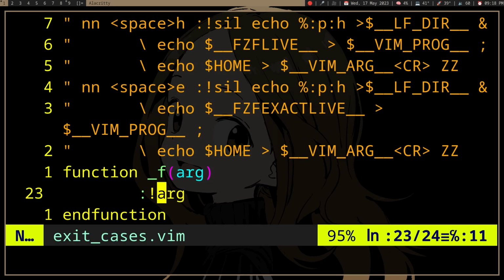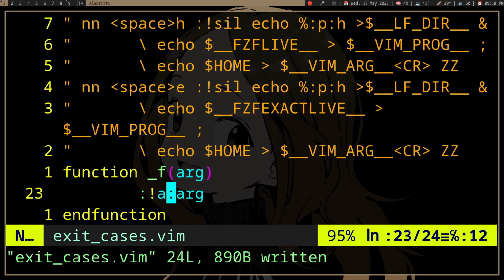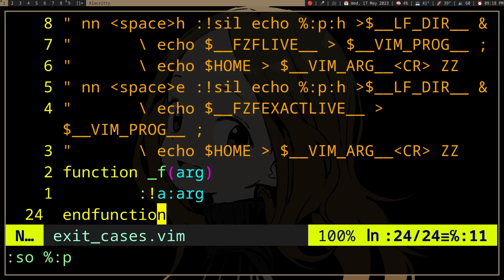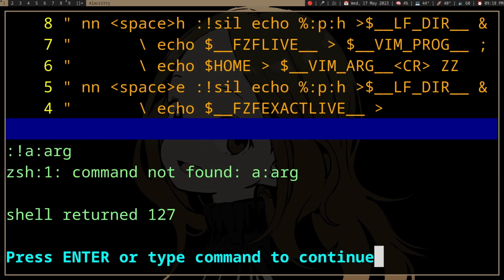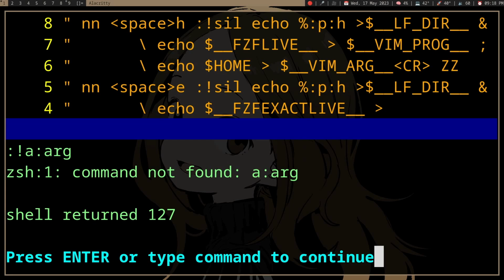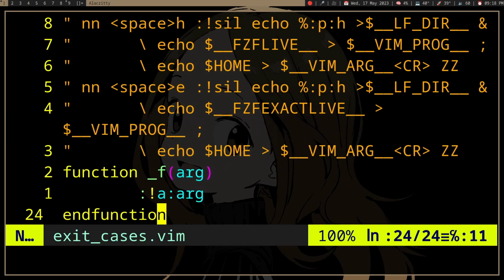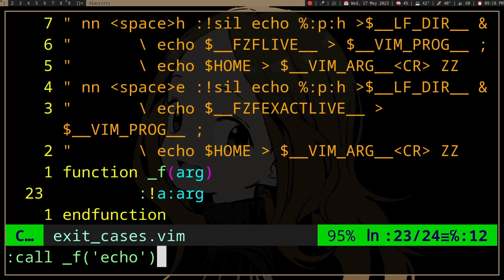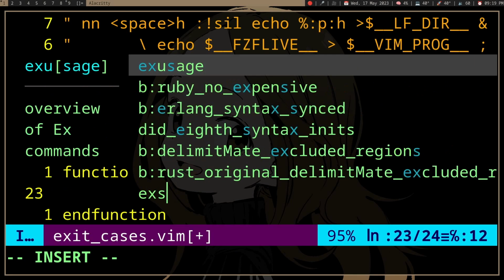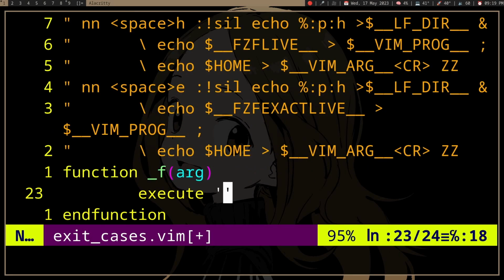Even if you do this, which A stands for arg, I know there are different types of variables, and apparently that's how you refer to it. But if we resource that and still call it, it didn't work again. The arg is not expanded to echo, or whatever we are passing as the argument. So what I found to work is that you need to use execute,